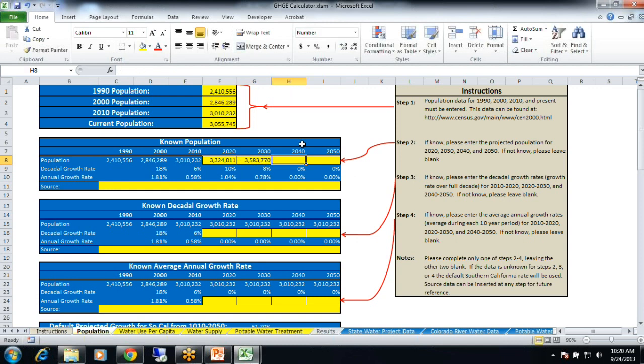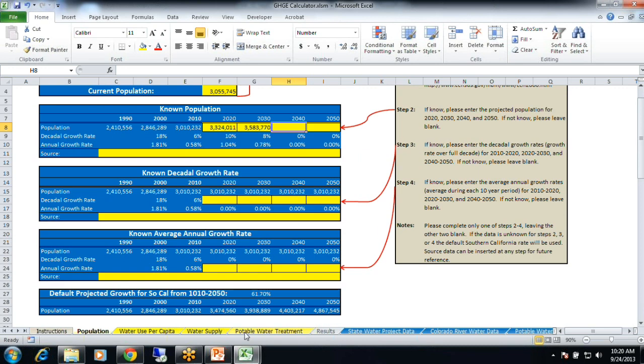So put that in, and then, okay, say you don't know these last 2 years. What the tool does is it says, okay, so the average projected population growth from 2010 to 2050 for Southern California, so this is Southern California specific, is 61%. So what it does is it takes the growth that you put into 2030, it gets rid of that, and then linearly interpolates the other 2 years and puts those in. So that is the average Southern California population growth data. So you can project all the way up to 2050, even if your population projections only go to 2030. So that's kind of a great feature.